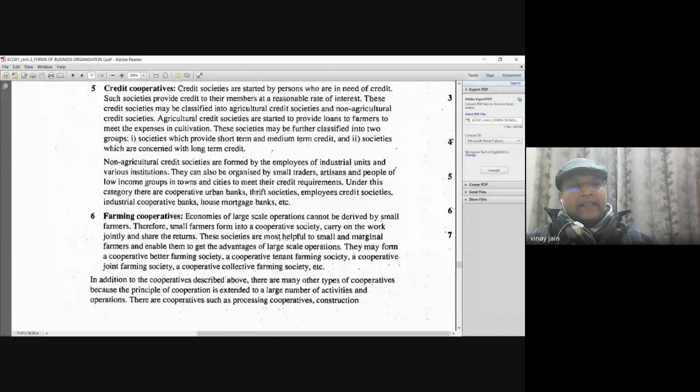And guys, another one is non-agricultural credit societies. These are formed by the employees of industrial units and various institutions. They can also be organized by small traders, artisans, and people of low income groups in towns and cities to meet their credit requirements. Under this category, there are cooperative urban banks, thrift societies, employees credit societies, industrial cooperative banks, house mortgage banks,